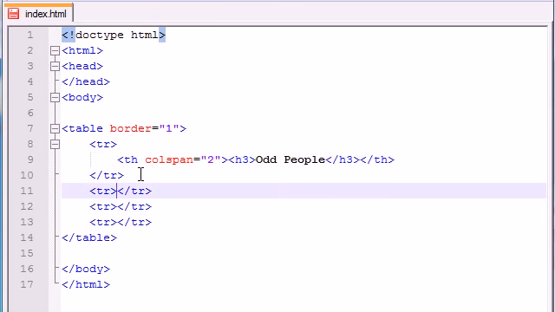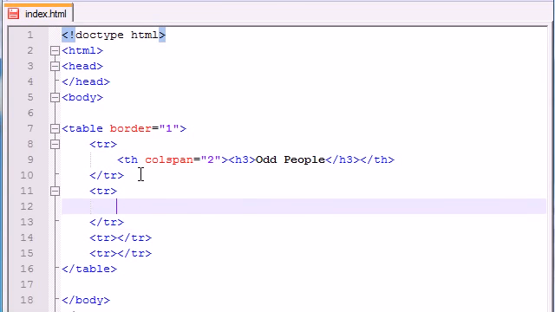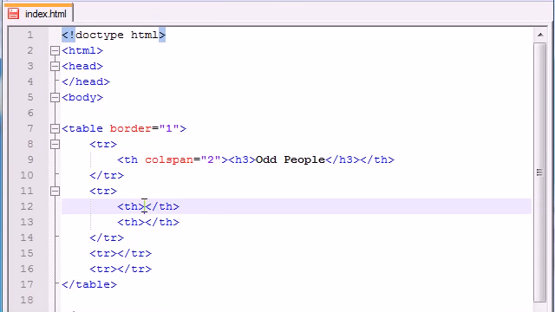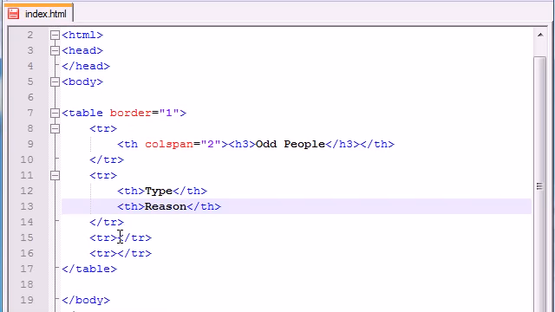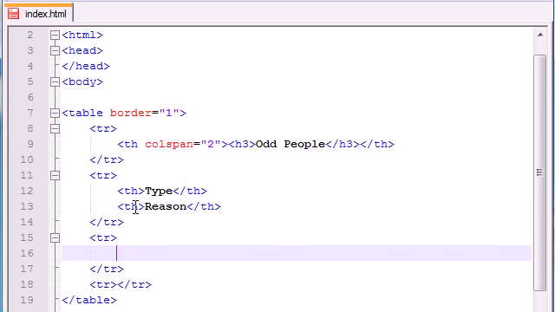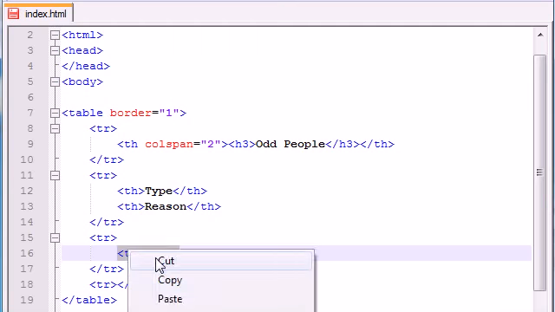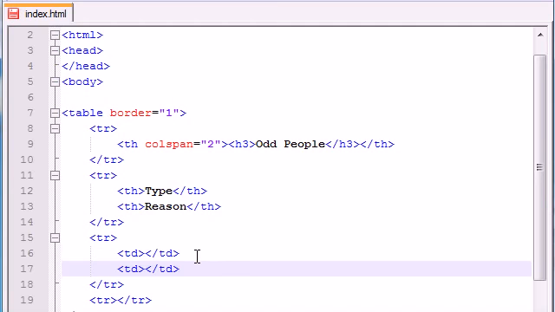So now in our second row, let's go ahead and add some data. Actually, let's go ahead and add 2 more headers. And let me just go ahead and copy this. So the first column is going to be the type of people I find odd, and the second column is going to be the reason I find them odd. So in our third row, let's go ahead and start populating the table with some data. So TD, TD,